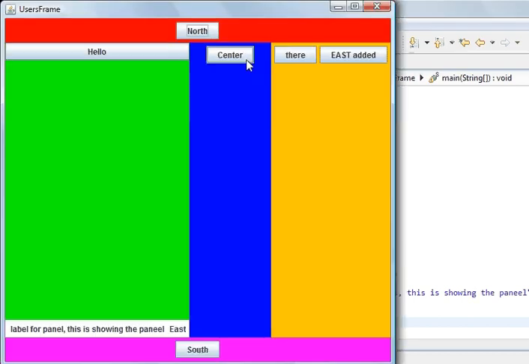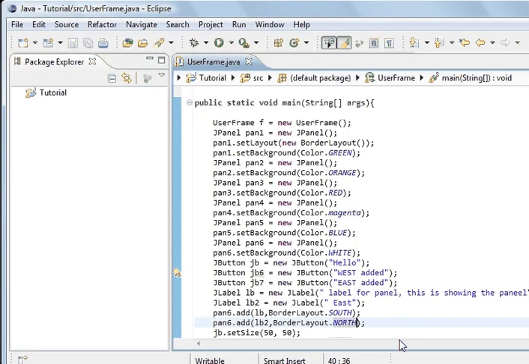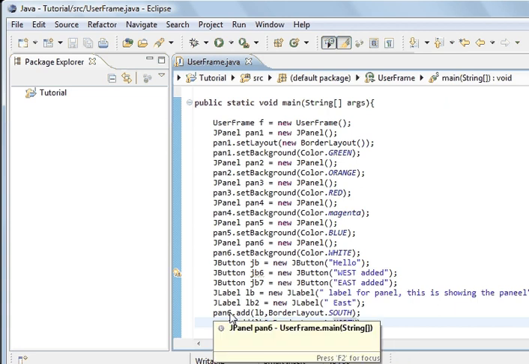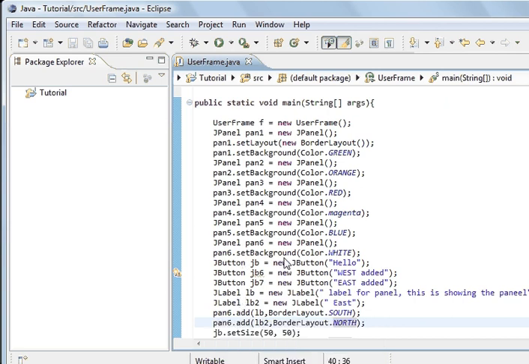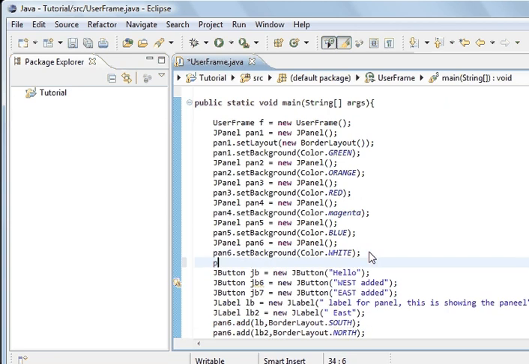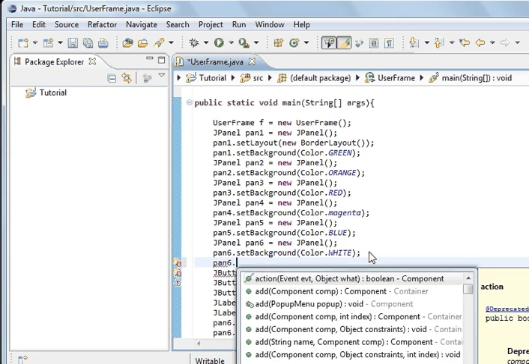Let's see. So we've added to. This is the border layout, and it should be in the. Yeah. I know what we've done. Remember the default. The default for a panel is the border layout. So we actually have to change panel 6. I have to change panel 6 to the border layout because it's not the default. The default is a flow layout, and so set layout manager,